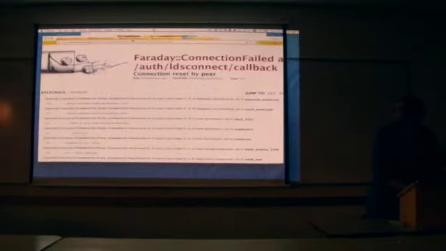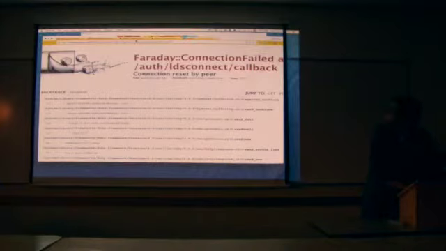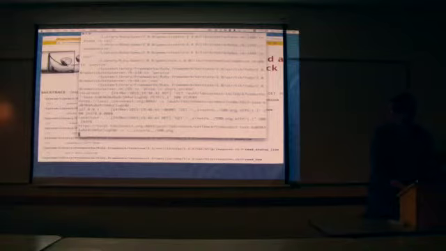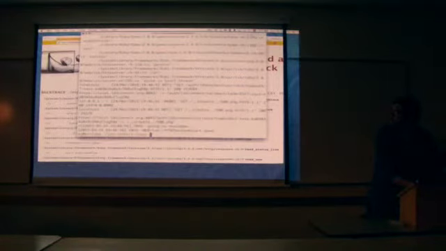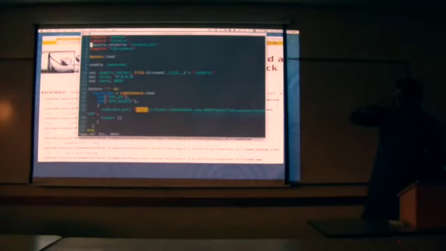But I will show you a little bit of code from it. Is that the correct callback URL? Hey, that's a really good thing to check. Auth LDS connect callback, I think that's what I called it, but let's look at the code and see if anything is glaringly obvious. Like, you're an idiot, AJ. Okay. There's your redirect URL on line 19. Yeah, the redirect URL looks correct to me. And then we can go down and make sure that that callback's implemented.